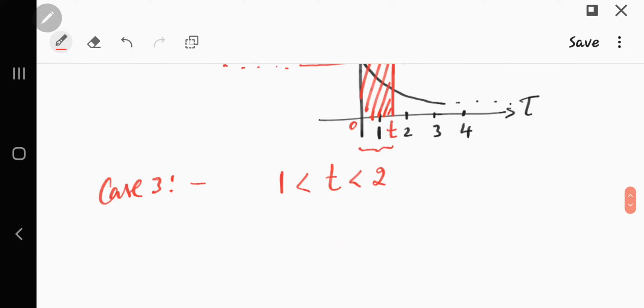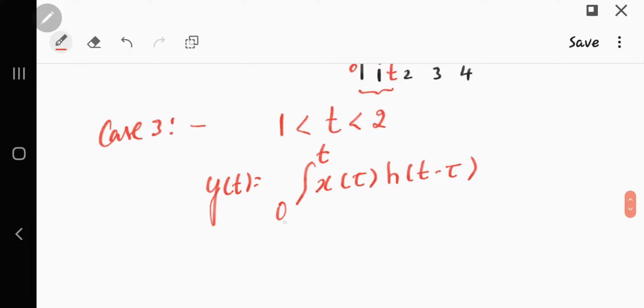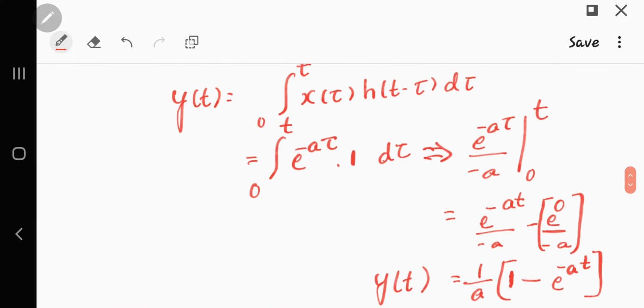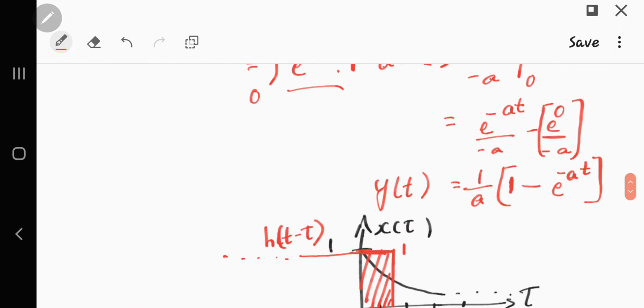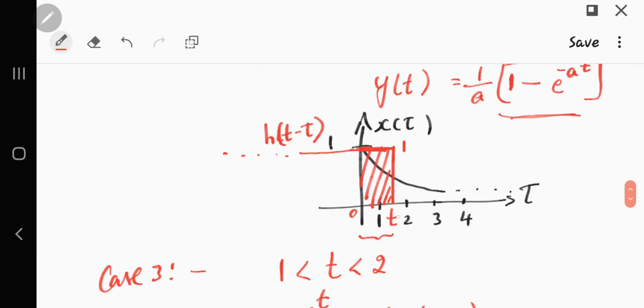Okay. So if you go integrating this to find the value of y of t, it will be the integral from 0 to t of x of tau h of t minus tau. Since it is only overlapping between 0 to t, if you substitute the values of x of tau and h of t minus tau, again we are getting the same answer. We will get the same answer you got in the previous case. Okay. And you can check for one more case. Instead of here, if I place